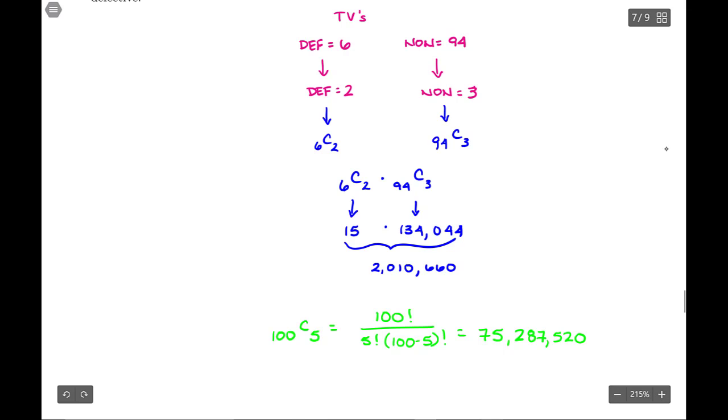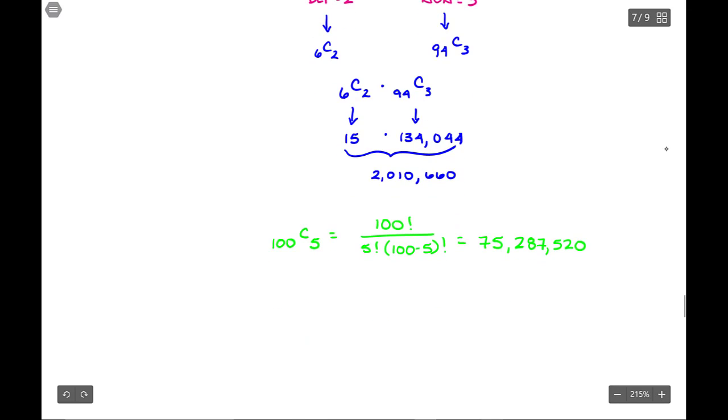75,287,520. So to find our probability that exactly 2 of the 5 TVs are defective, we're going to take our values that we've computed, the 2,010,660 divided by the 75,287,520. So if we write this out, it's